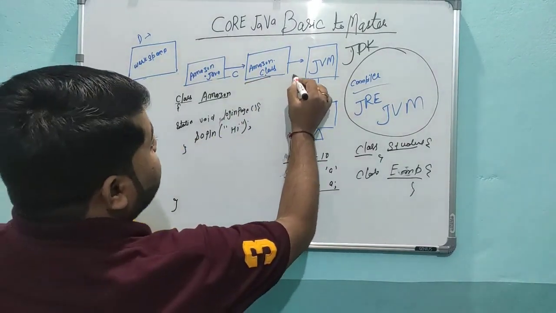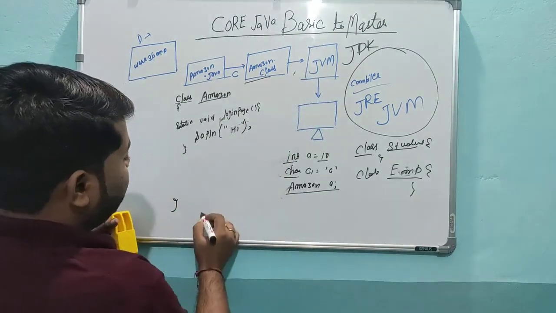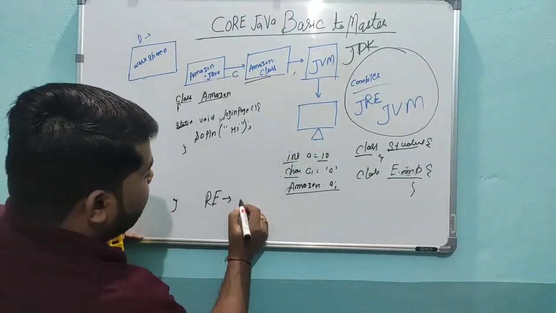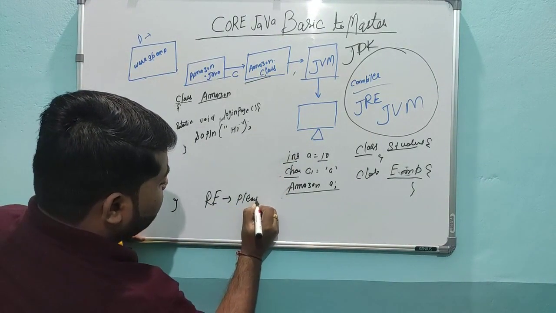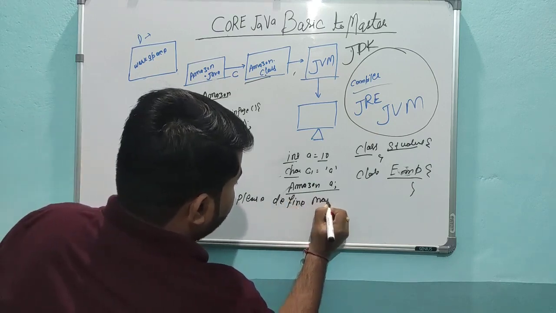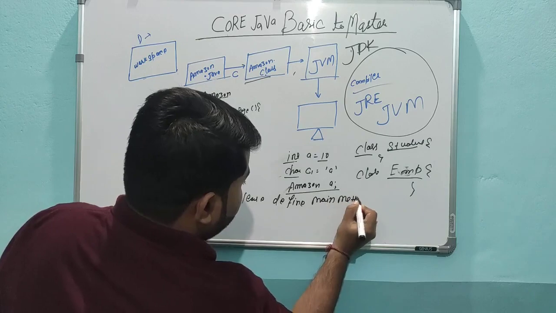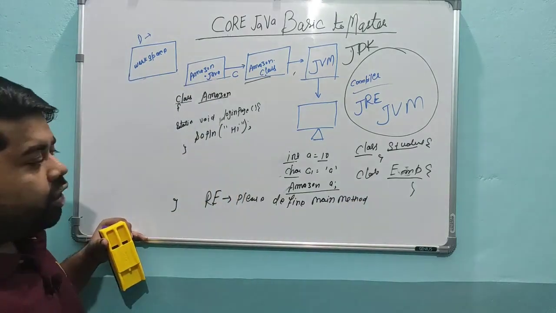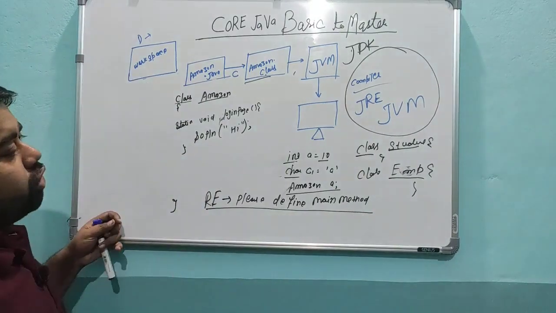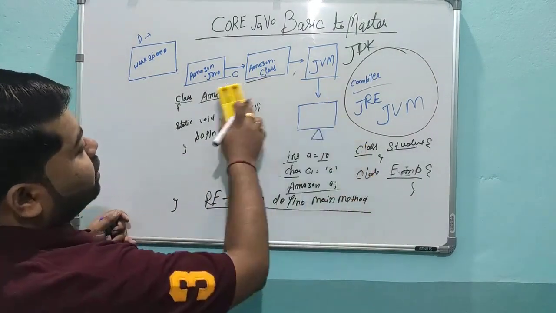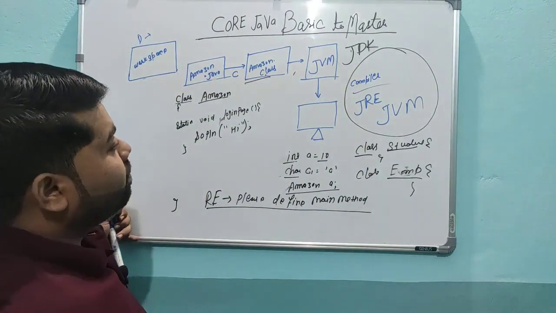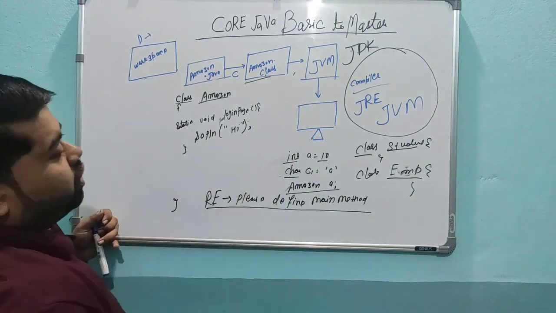But if you execute your code, you will get a runtime error. The JVM will ask you to please define the main method. You may have the question why we require this main method. All these things I will show in the practical in the next session on my system, so don't worry. Here we are explaining the theory.